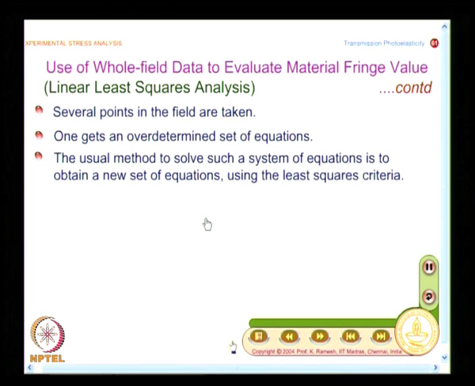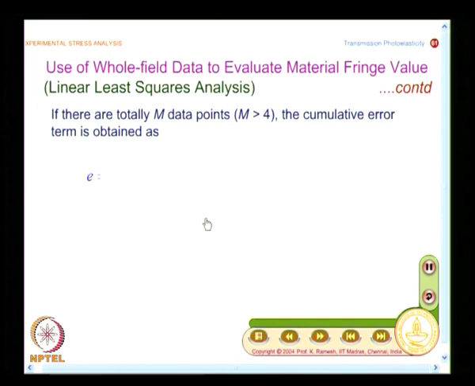So, the error function is very simple and straightforward. You simply subtract the actual fringe order at the point of interest, which is experimentally determined. So, I define error, given the symbol E, and to illustrate the method better, we take m data points and we say m is greater than 4, because I said you have 4 unknowns. Since I have a whole field information available, I can take many data points and I will ensure that I have at least